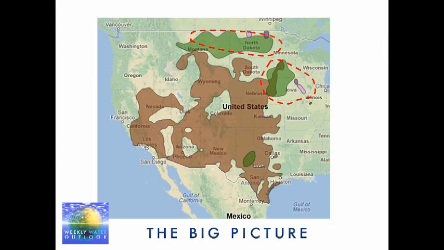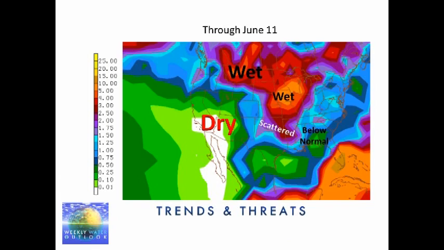Unfortunately, it looks like it's going to fall over areas that are already fairly wet, and this could cause some agricultural problems due to very wet soils and ponding of water, especially over Iowa. Also parts of North Dakota. So what we've seen here is, even though there's been some improvement over South Dakota and Nebraska with rainfall, the more significant rain has been in areas that have already been fairly wet.